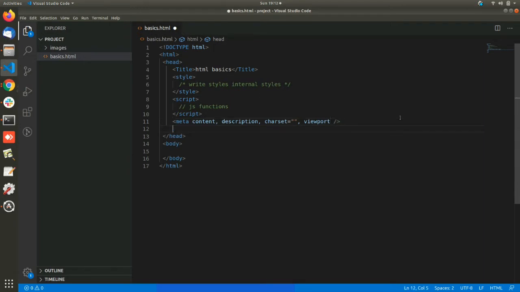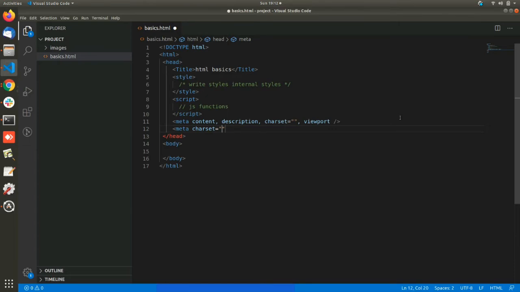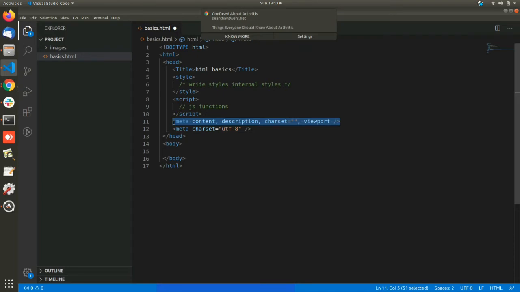The syntax will be meta, charset, UTF-8. This charset is nothing but the ASCII values. For all of these, we are using meta tags in the head part.